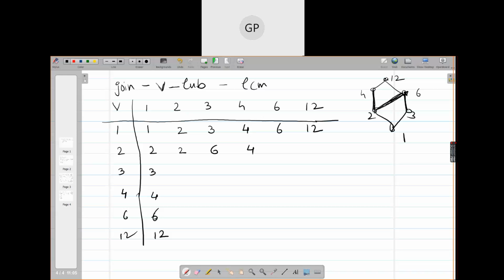तो 2 and 4 के बीच में एक लाइन है ना, there is a line joining 2 and 4. So 4 is at the upper level, so that is LUB. Similarly, 2 and 6, this is the LUB. 2 and 12, again, 2 and 12 का LCM क्या होता है? 12 होता है. So everywhere here you will get 12, and the last row also: 12, 12, 12, 12. Okay?